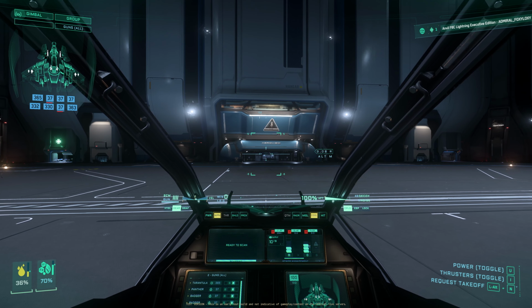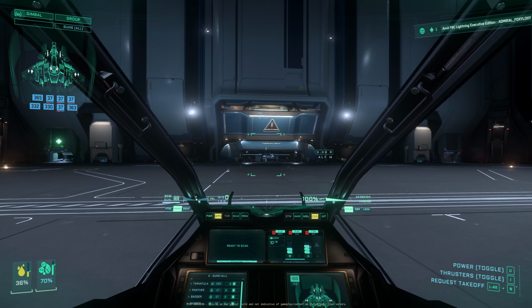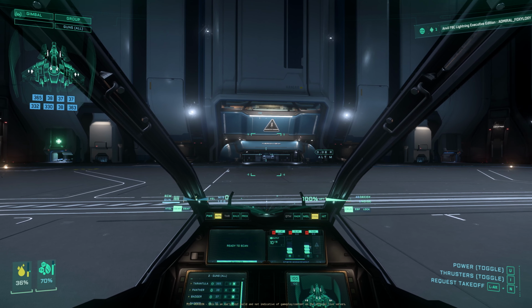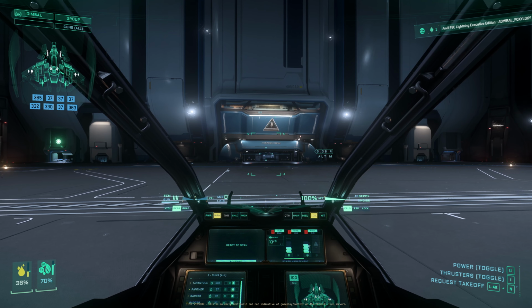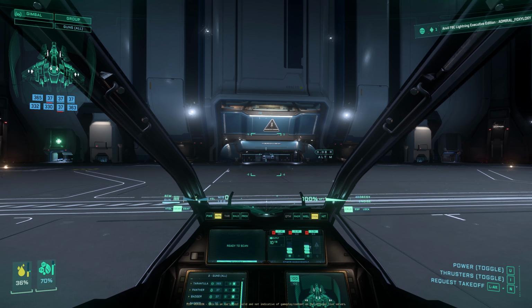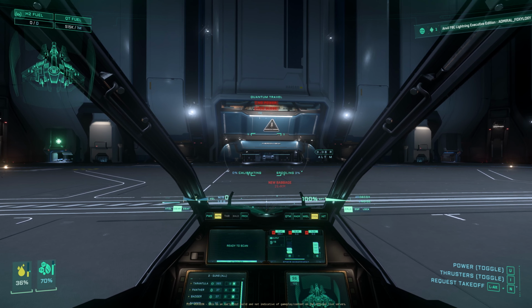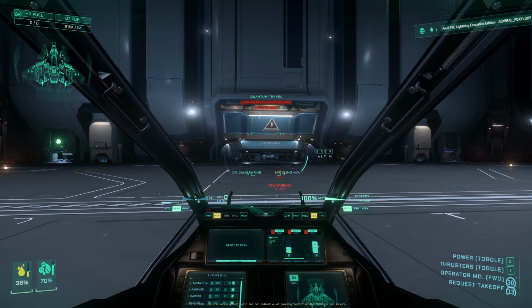And now let's talk about power management. And I am going to stress you out. If you play Elite Dangerous or Starfield, this new power management is actually a lot easier to understand and very simple as well. But if you have not played those two games, I want to say